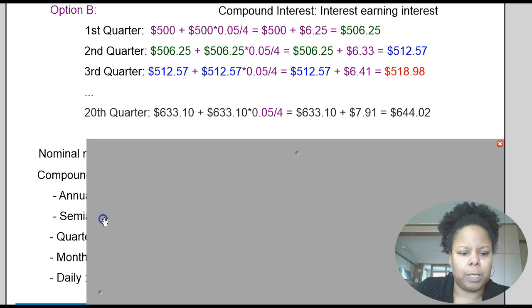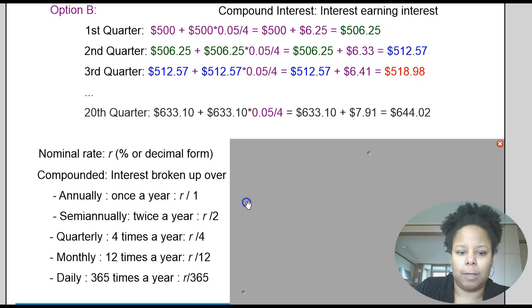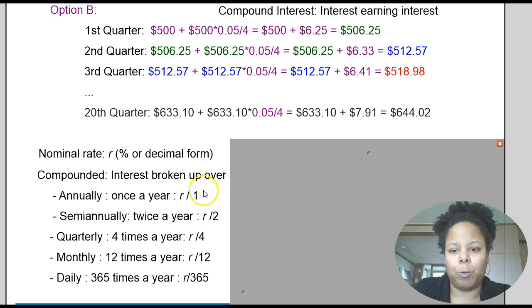One of the first terms is the idea of a nominal rate, which was R. In this case, it was 5%, and we represent that in decimal form, which is 0.05. And when we talk about compounding, even though in our example we compounded quarterly, which is 4 times a year,